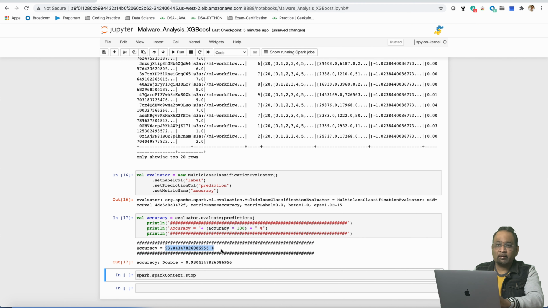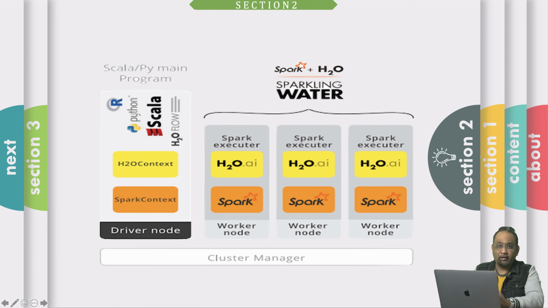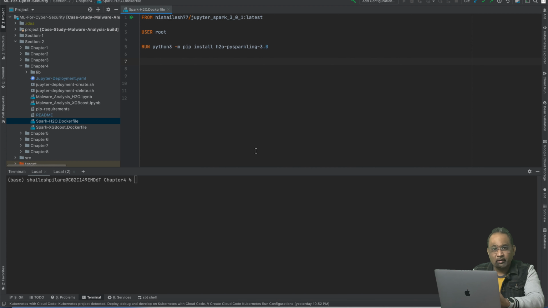Now that we have seen how to implement XGBoost with Spark, it's time to move on to the next topic, that is AutoML framework. In section 1, we had already discussed the importance of AutoML framework, compared 3 top industry-leading AutoML frameworks and ran the POC using the H2O AutoML framework, but there we had used the standalone H2O module, which is good for dealing with this small scale of data. Here we would be exploring the H2O Sparkling Water module, which is the H2O module to integrate with the Spark application for running the prediction in distributed fashion on large scale of the data. So let's begin with building our Docker image, which we can use with the Kubernetes deployment.